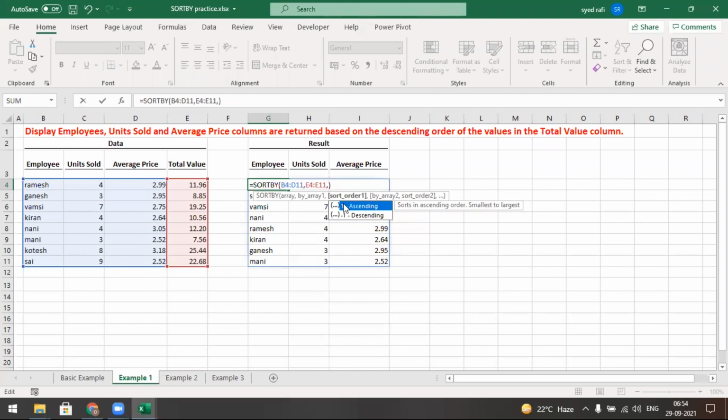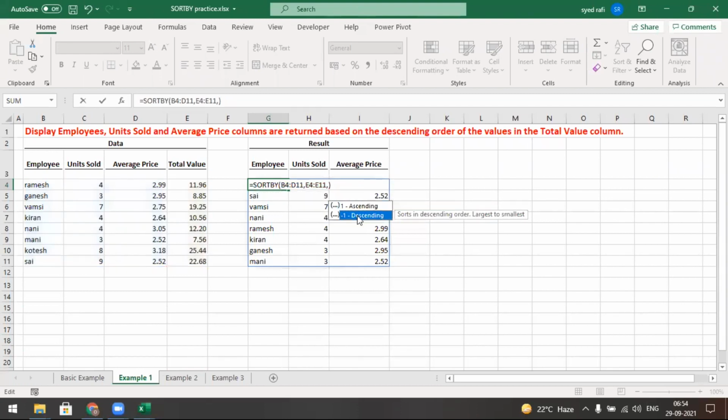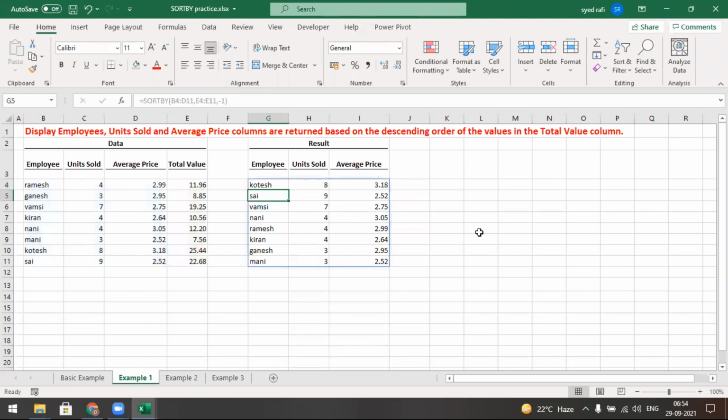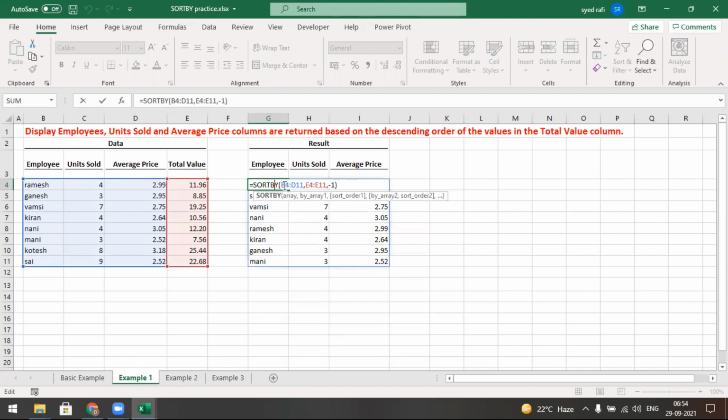Comma. So descending order, this one is the descending order. Units sold. I will show you.